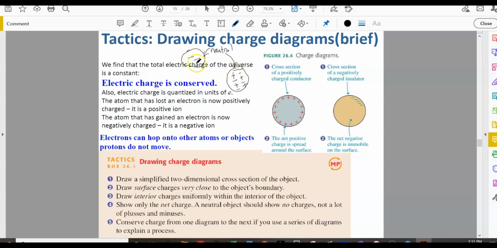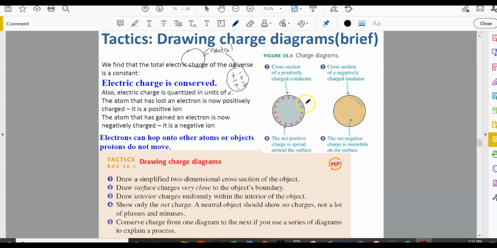It's just easier to see when you just assume everything else is neutral and just draw the excess charge, okay? So I'm going to remove those. And so here we have a conductor, and what they're saying here is you've taken a bunch of electrons away, and now those protons are spaced out here. And now you could easily count this, and this would be a lot of counting to do, but you could do it, and it's very clear that this has an excess of protons on it, and that